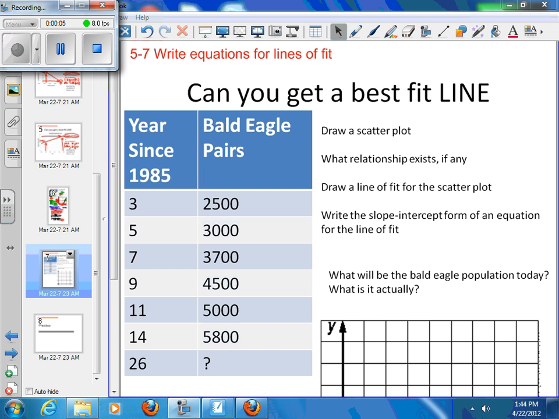Okay, example 3 for getting lines of best fit for real-life data. In this case, we're going to look at the bald eagle pairs, and this is since 1985. And you know the bald eagles were close to extinct, and then they were just endangered, and now they're actually